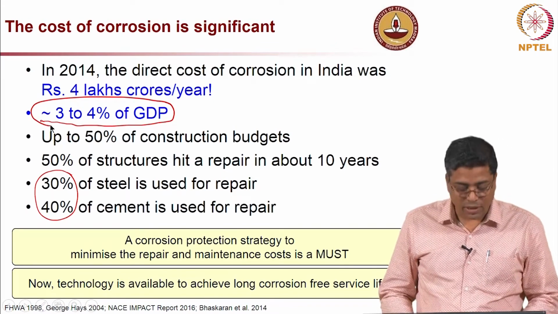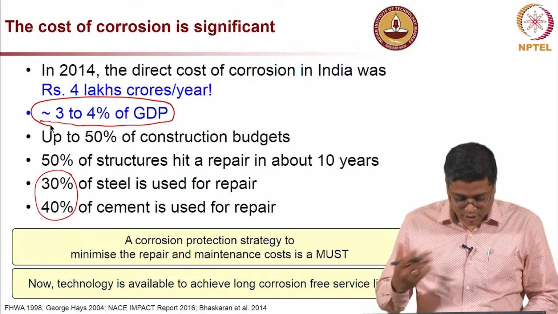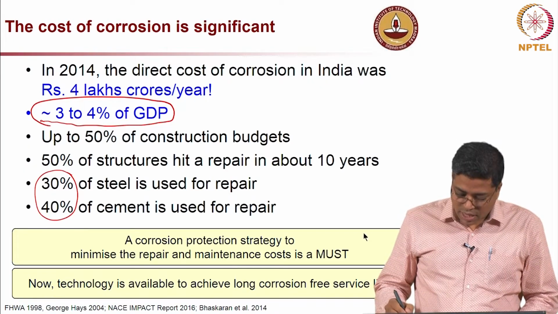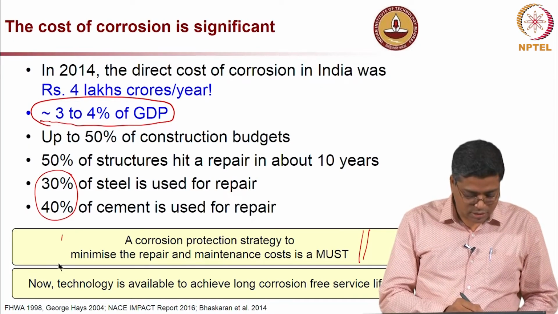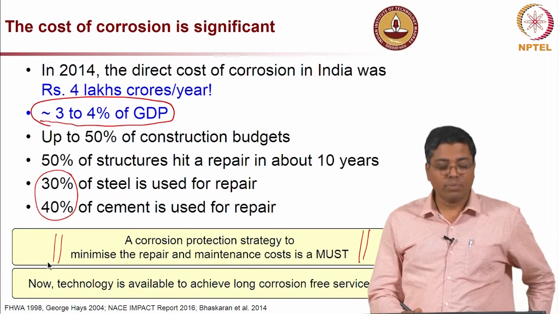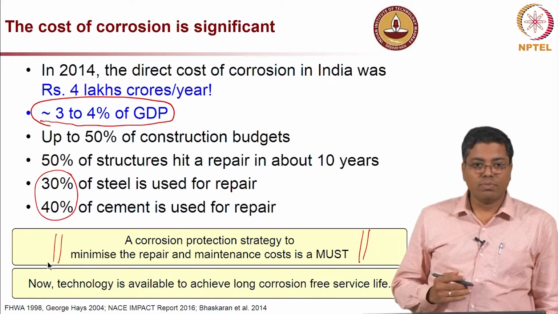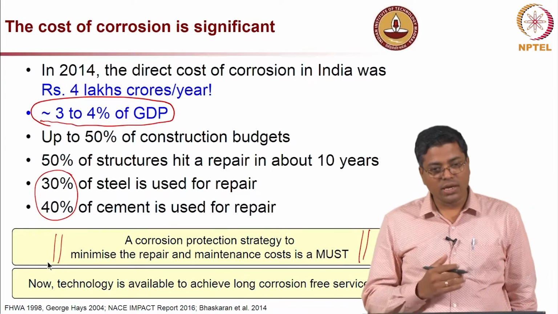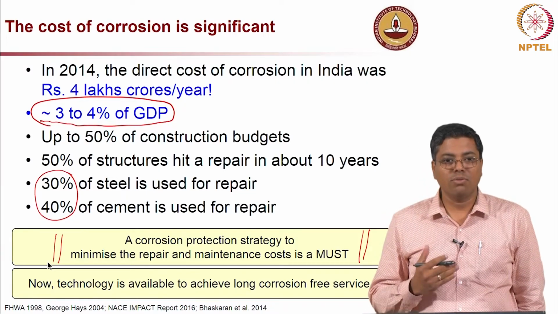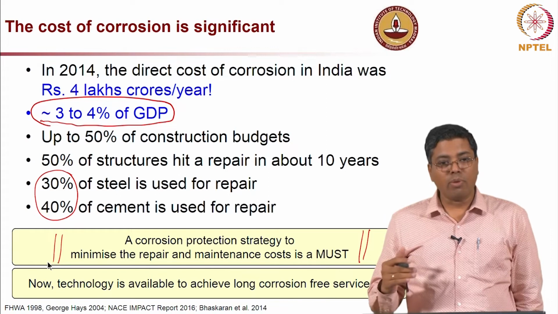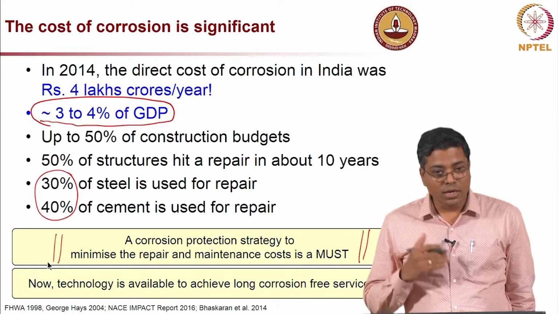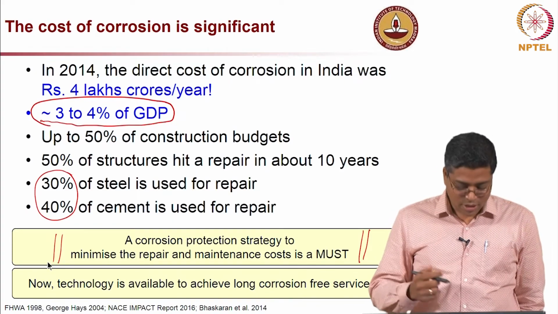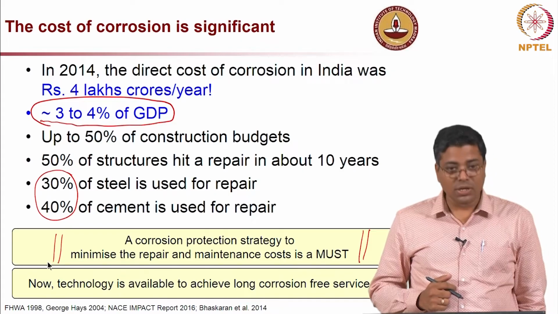We cannot keep on spending this much money on the future structures which we are building and the structures which we already have. So we must have a corrosion protection strategy, that is essential. In other words, we should think of how to do proper maintenance, and even in design life how to design the structure so that you will have minimum repair, and do proper maintenance and repair. The repair itself should be durable. If the repair itself is not durable, then you will end up doing many repairs, which will again increase